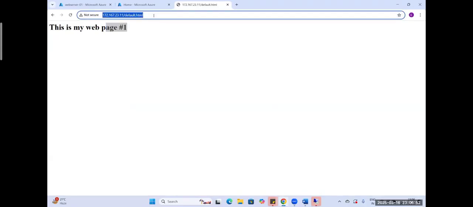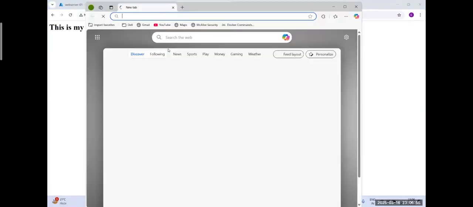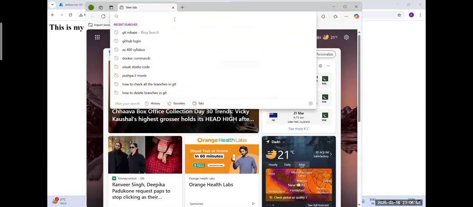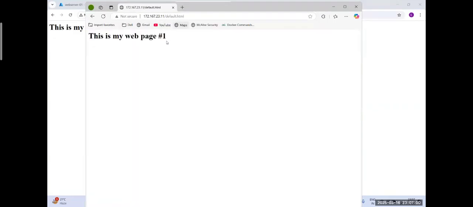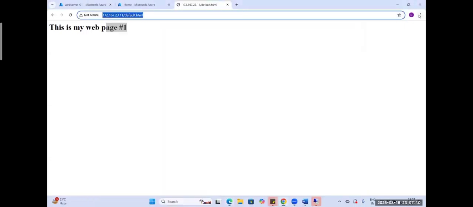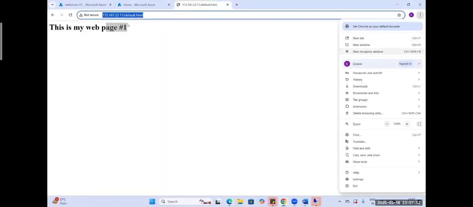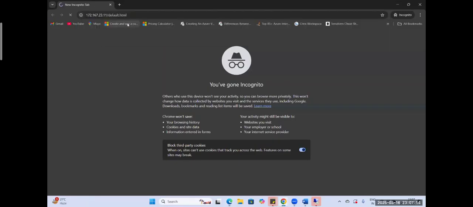Same link if I will copy and if I will open another browser here and if I will paste it, enter. So it is again going on web page number 1. आप में से कोई भी अगर रिक्वेस्ट कर रहा होगा इस आईपी के ऊपर, तो किसी का 2 में जा रहा होगा, किसी का 1 में जा रहा होगा। लाइक फॉर एग्जांपल, इफ आई विल ओपन इट इन द इनकॉग्निटो, सो लेट्स सी वेयर इट विल गो।